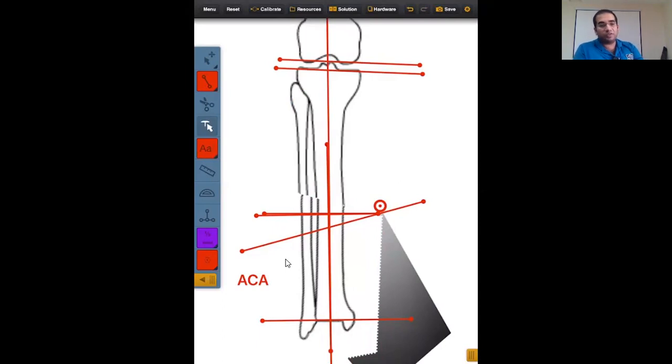What is the condition of the soft tissue envelope? If there is circumferential scarring, obviously it will not allow you much lengthening or shortening. If the patient's limb is surviving on collaterals or on one vessel, it will not allow that much lengthening or shortening. And if the bone is normal and the soft tissue envelope is normal, it will obviously allow more shortening or more lengthening. So as a rule, usually up to 2 inches, 4 centimeters of lengthening you can achieve in an acute setting, as long as there is a normal soft tissue envelope.